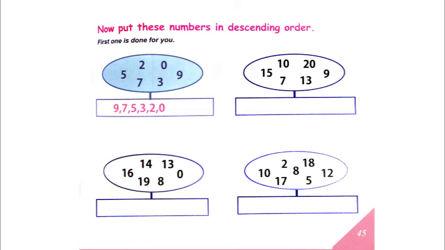So remember children, when I was marking your books, some of you had written the numbers all together. There were no commas, no full stops. I explained to you at the beginning of the lesson that every number has to be separated with a dot. You have to leave a little bit of room, especially when you are writing numbers. It's not like writing English words. With English words, we write the letters together to form a word, isn't it? But when we are doing numbers, remember to separate two numbers, we have to put a dot or a comma.